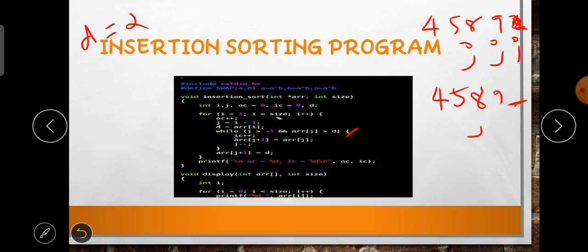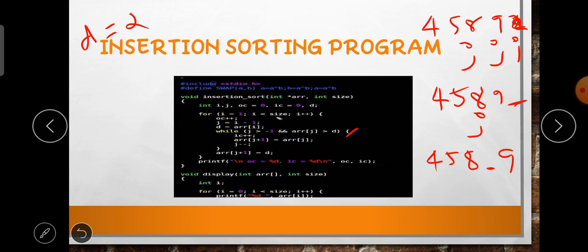Now j is to be decremented, j is here, and we check the conditions again, comparing the value of 2 and 9. 9 is greater, yes it is greater. So okay, swap the value: 4, 5, 8, and this is the empty place and this is 9 here.